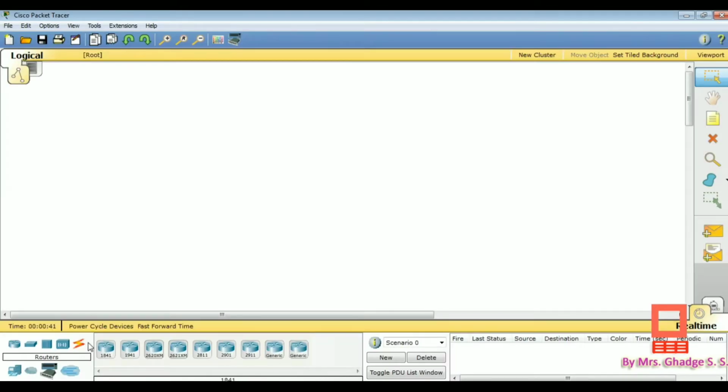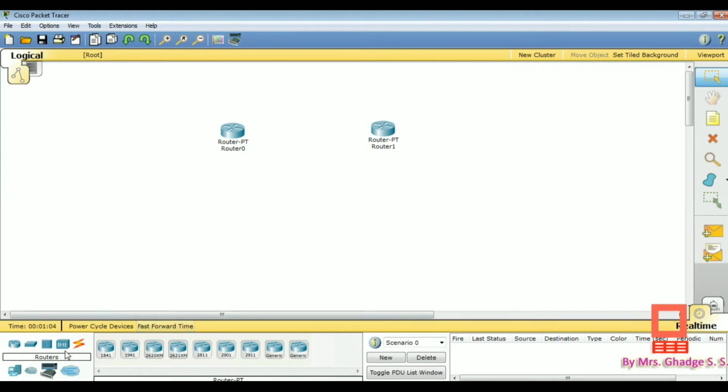At the bottom you can see various routers shown, of which we are going to select a generic router. Just click on it and drop it here on the display area. Again take another generic router.